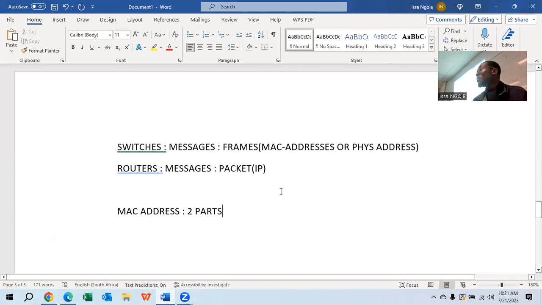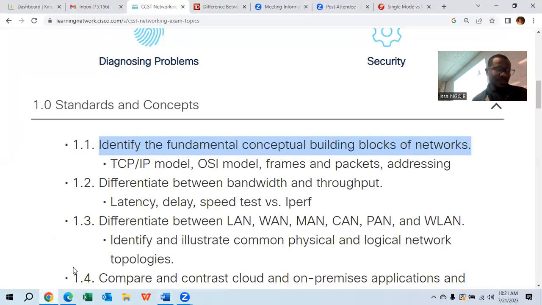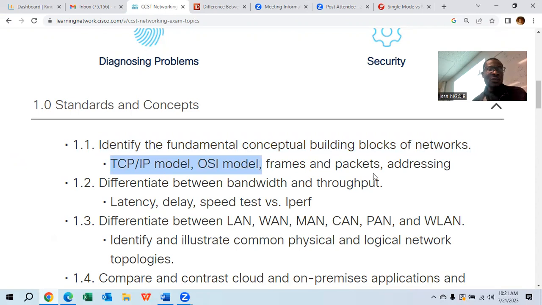I'm done with the building blocks. Now I will move to the next topic, but I've already explained about the frames and the packets. When you are learning by yourself again, try to check again from the internet, and add some notes for yourself. Not for passing the paper, guys. You can be certified or not.